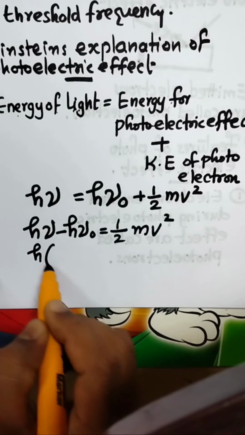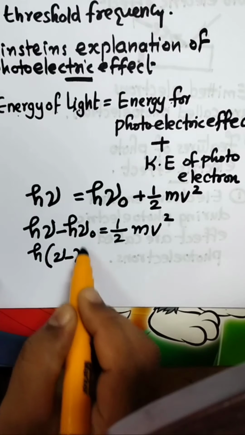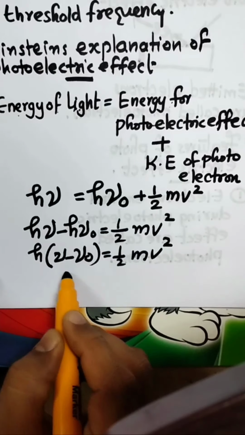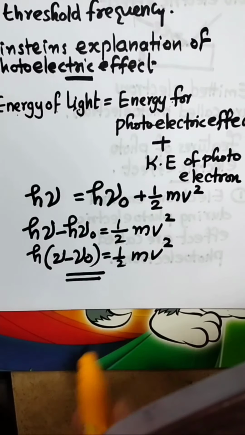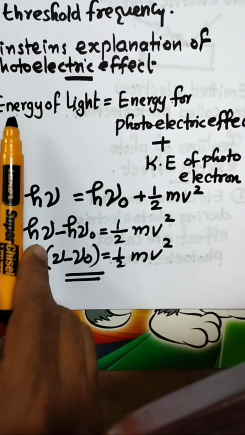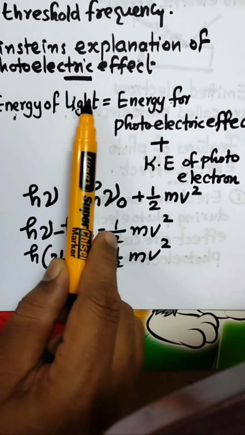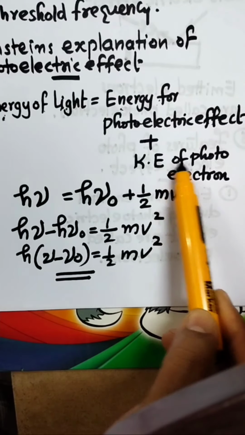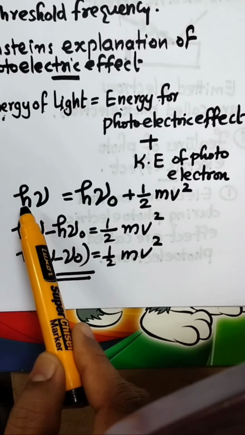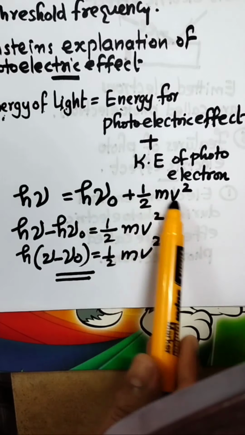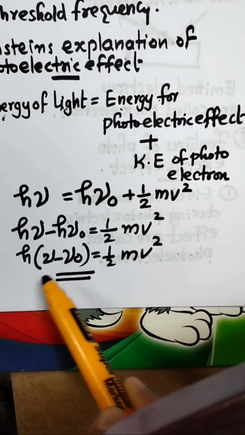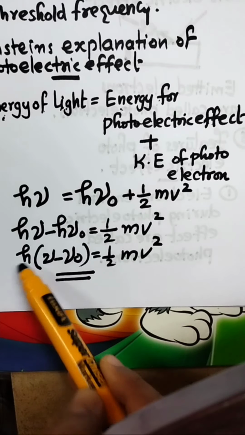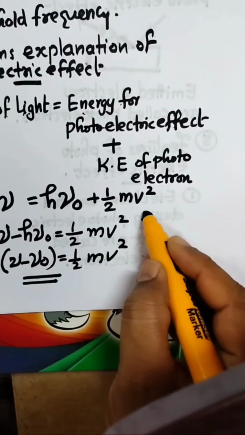Here h is common, so h into nu minus nu 0 equals half mv square. This is Einstein's explanation of photoelectric effect. Once more, when energy of light is very high, some part of energy is used for photoelectric effect and the remaining part is used as kinetic energy of photoelectrons. Therefore, h nu equals h nu 0 plus half mv square, h into nu minus nu 0 equals half mv square, where h is Planck's constant,